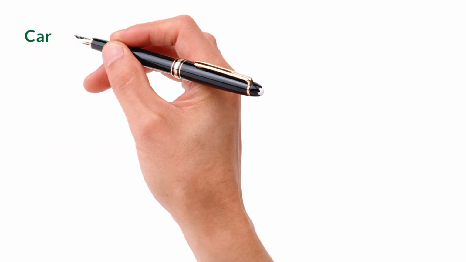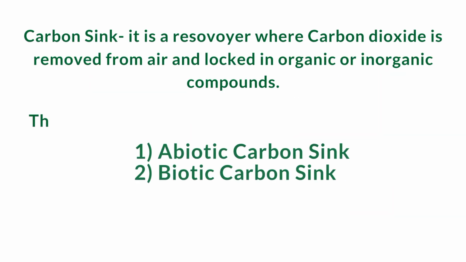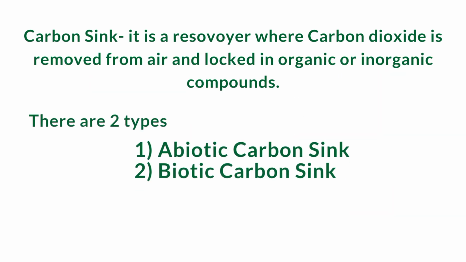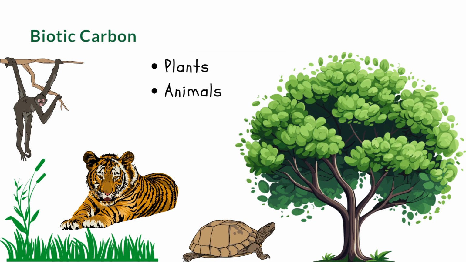You should know the definition of a carbon sink. It is a reservoir where carbon dioxide is removed from the air and locked in organic or inorganic compounds. There are two types, abiotic and biotic carbon sinks. Examples of abiotic carbon sinks are humus in soil, fossils, carbonated rocks, oil, gases, and the atmosphere. Examples of biotic carbon sinks are mainly plants and animals,